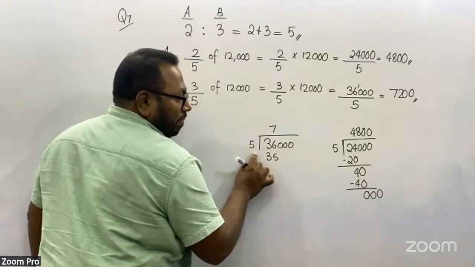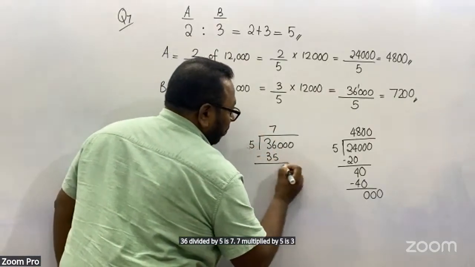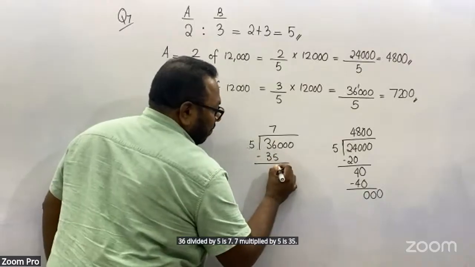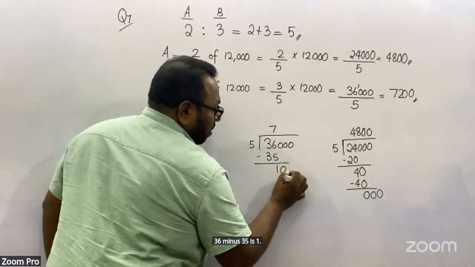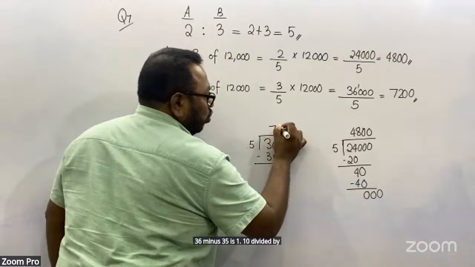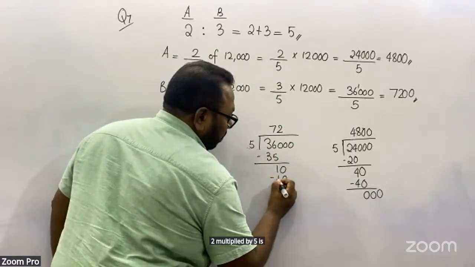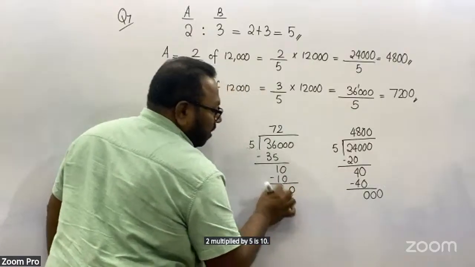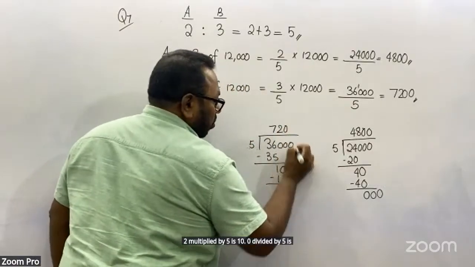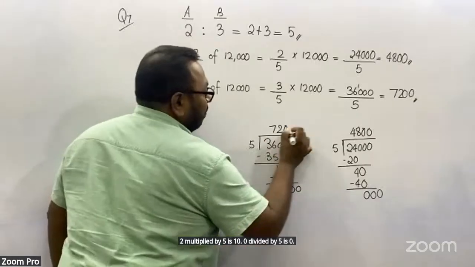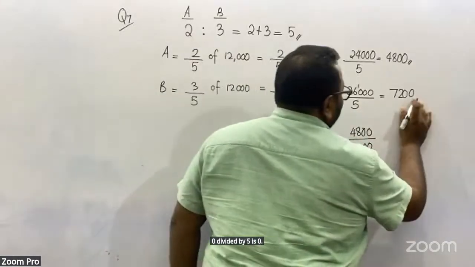7 multiplied by 5 is 35. 36 minus 35 is 1. 10 divided by 5 is 2. 2 multiplied by 5 is 10. 0 divided by 5 is 0. So your answer